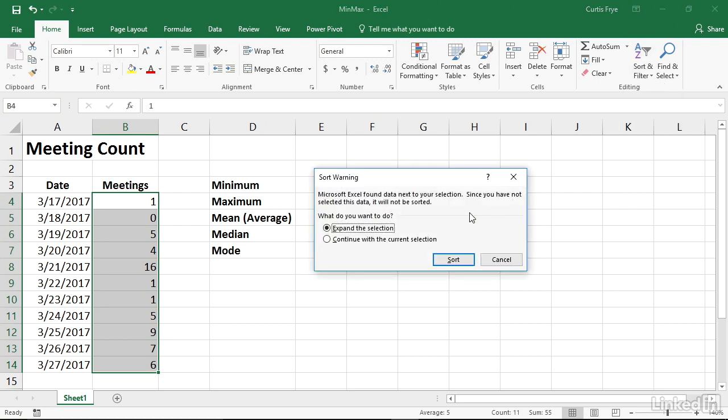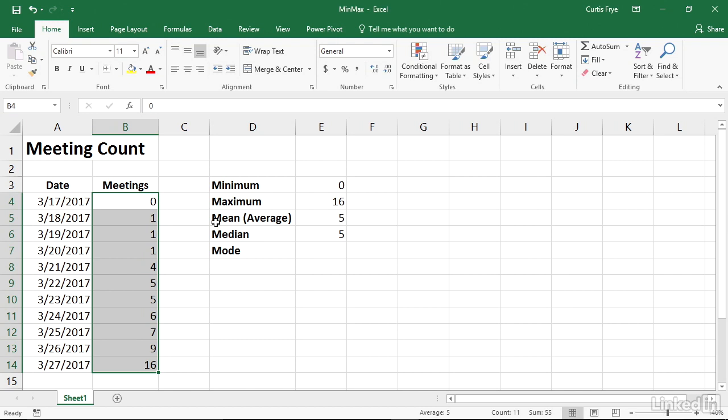Largest. It says that it found data next to my selection. I don't want to expand the selection. I'll just continue with the current selection and click Sort, and there's the data. So I have 1, 2, 3, 4, 5, 6, 7, 8, 9, 10, 11 values. And if I count down to number 6, which is the middle, 1, 2, 3, 4, 5, 6, and that